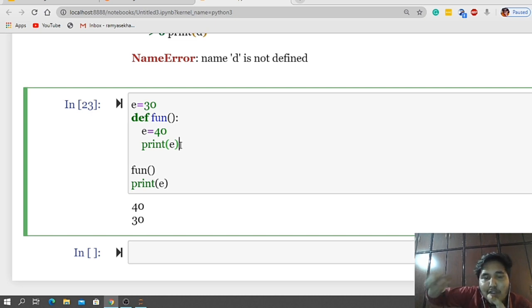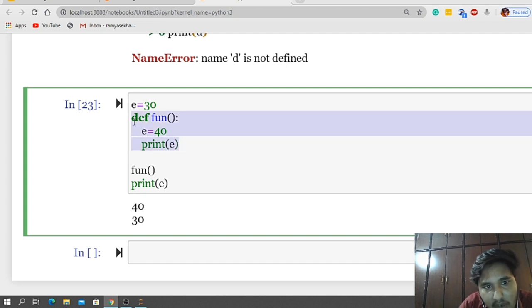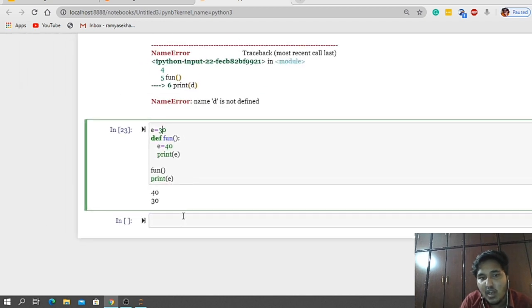So here also, if you have both global variables and local variables, the local variable will have high priority compared with the global variable. If you don't have a sarpanch, then automatically you will go to the chief minister. Is it clear what I intended to tell you? My intention is that if there are two variables, one global and one local, the local variable has the highest priority compared to the global variable. See here, after this the scope of the local variable got closed. If I print e here, then the global variable got printed. This is one wonderful conclusion that we had.